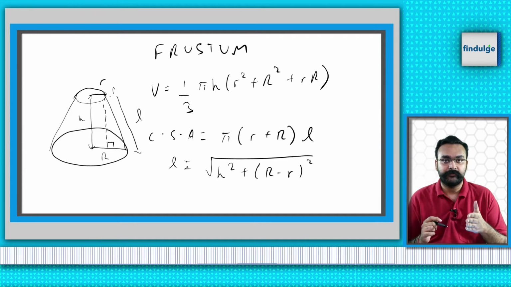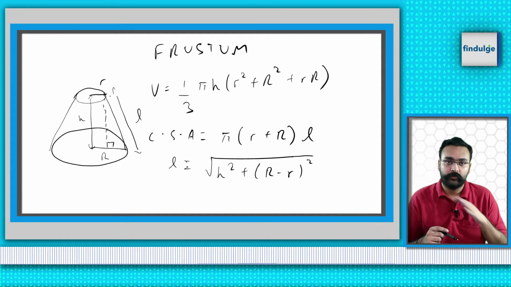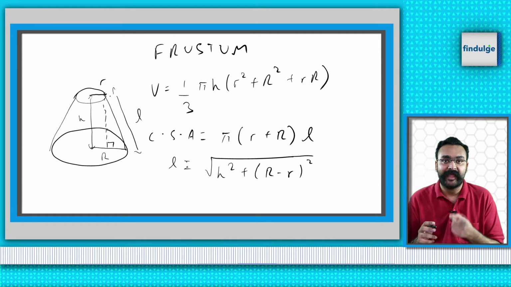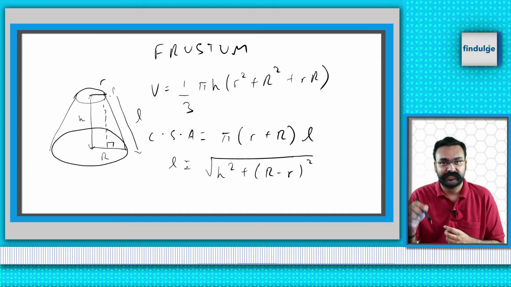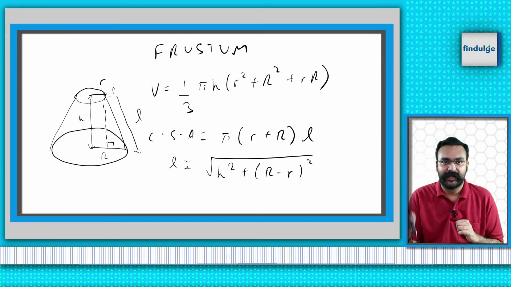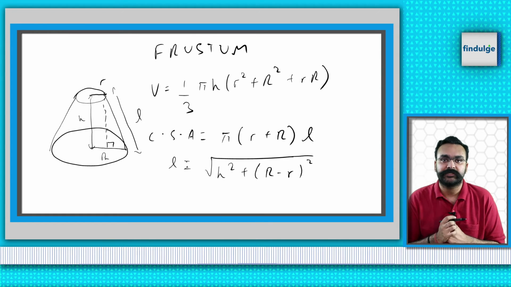So a frustum is nothing but a cone cut horizontal to the base. The volume of the frustum is 1 by 3 pi h (r square plus capital R square plus the product of the two radii). The curved surface area is pi (r1 plus r2) L, and L is itself nothing but the square root of h square plus (big radius minus small radius) whole square. So let us understand how to apply this to questions and solve a couple of frustum based questions to get